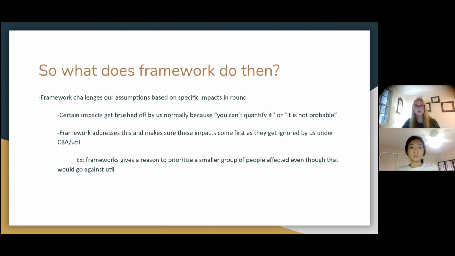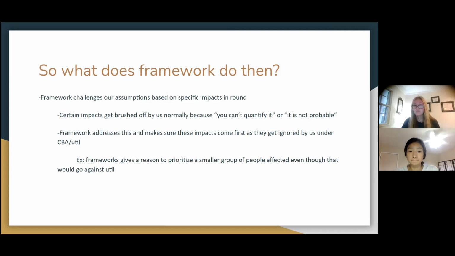So basically the goal of framework is to challenge our assumptions based on specific impacts in a round. We assume that cost benefit analysis or util will be the framework in a certain round, and so we don't say it, right? So if a team is giving a framework for the round, it's usually because they're trying to challenge the assumption of util and cost benefit analysis and get the judge to prioritize something that might not be the strongest impact under that framework. So basically the goal of that is, certain impacts might get brushed off because you can't